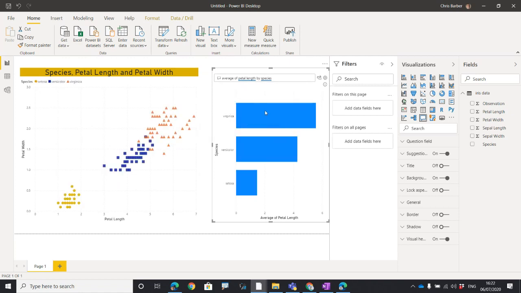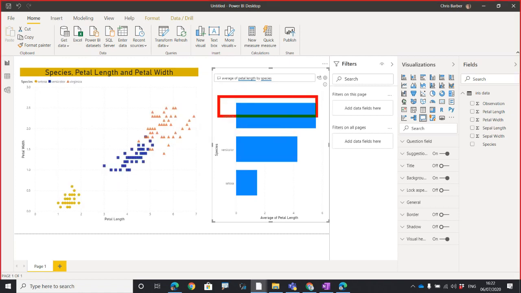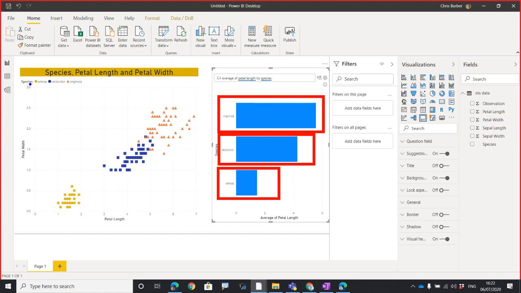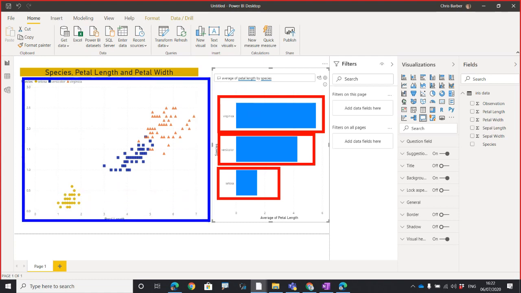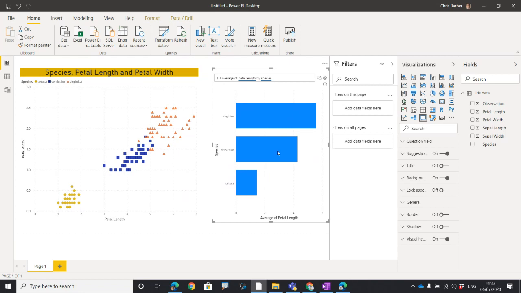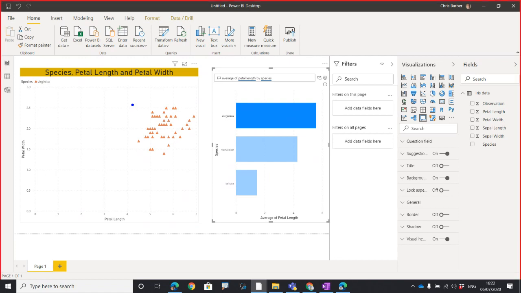And what I can now do is highlight each of these individual visuals and it will change the visual here on the left hand side. Conversely, I can also select points on this visual on the left hand side and it will affect my visual on the right hand side. So let's start off just by clicking, and you can see now the other data points have all disappeared from the visual and I only have those data points available, and the same applies